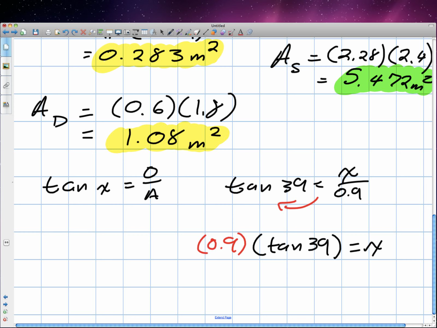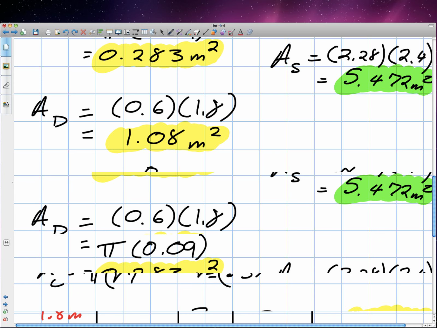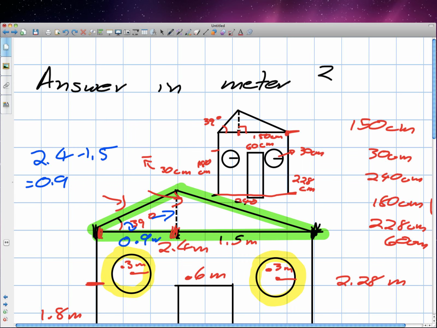The height of the triangle is 0.72 meters tall. Okay? So we need that measurement in order to find the area. So we're going to jump back up to the top. The height of this triangle is now 0.72 meters. So we got the base, we have the height, we just need the formula at the bottom, which